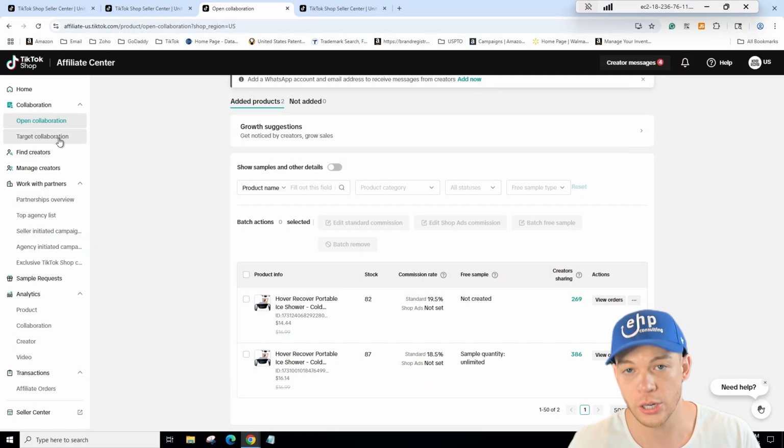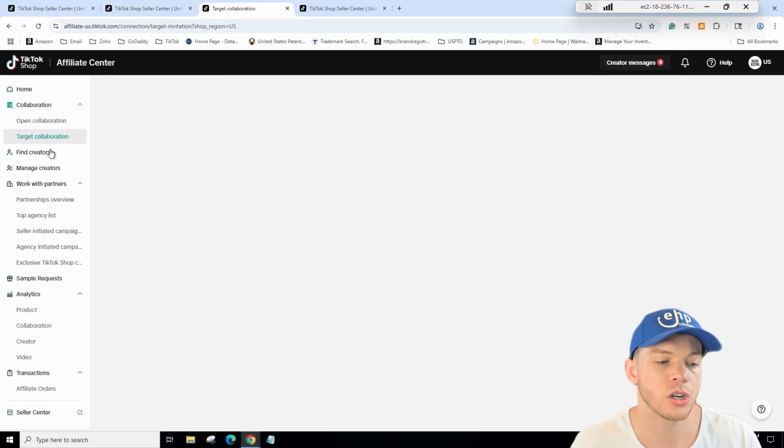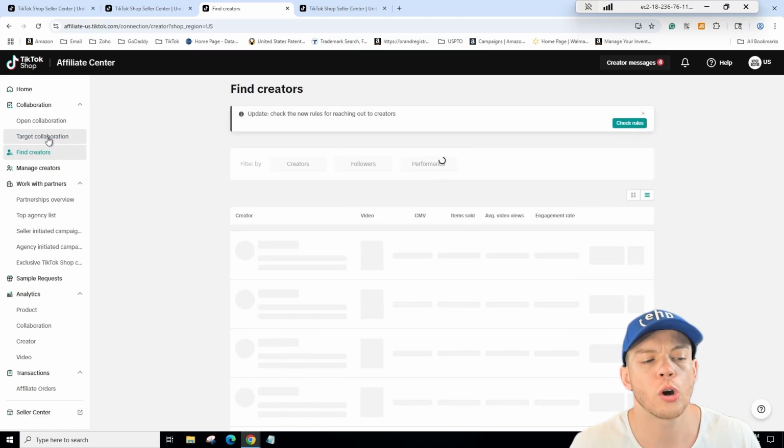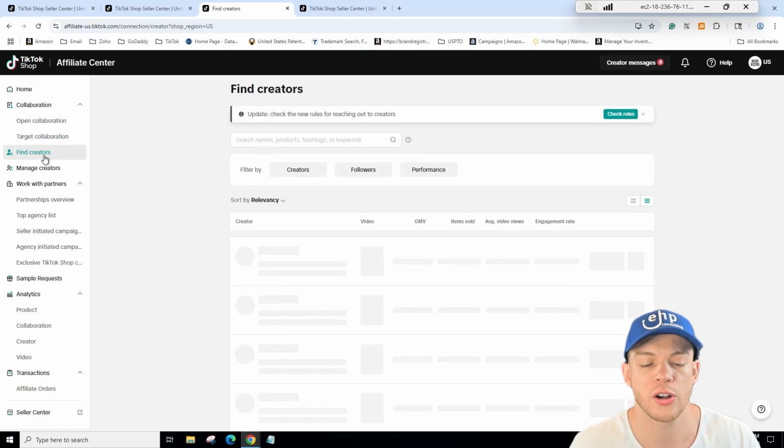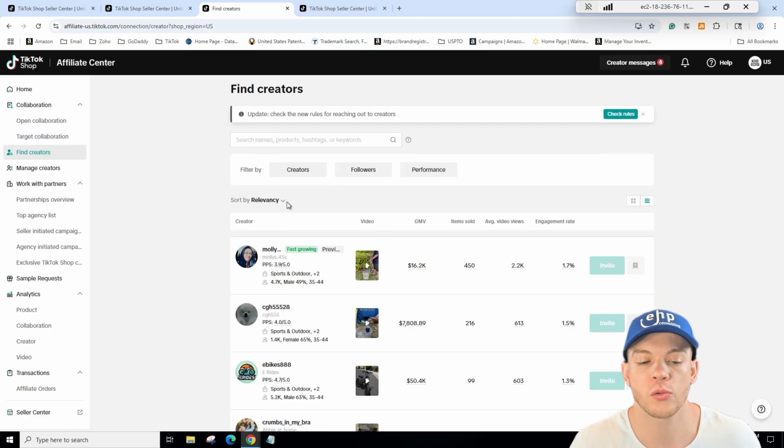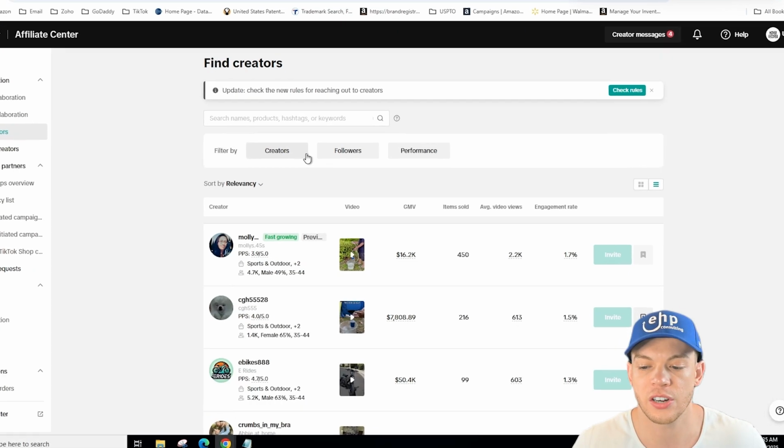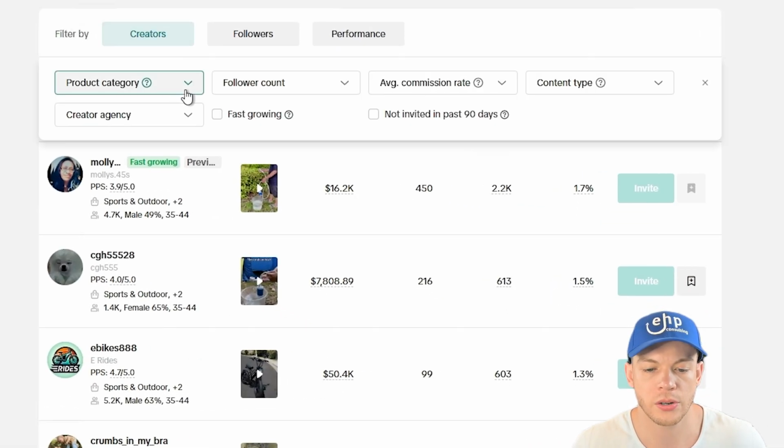Now you want to do targeted collaboration. Open collaboration, people have to find you. Targeted collaboration, you find them. Now, in order to do targeted collaboration, first you're going to find creators, and you want to find creators specifically in your niche if possible. So let's do creators